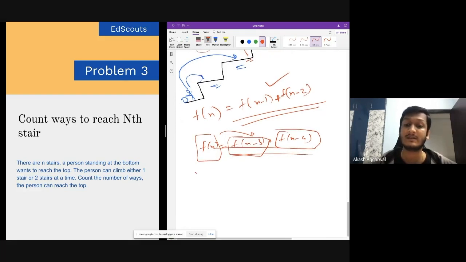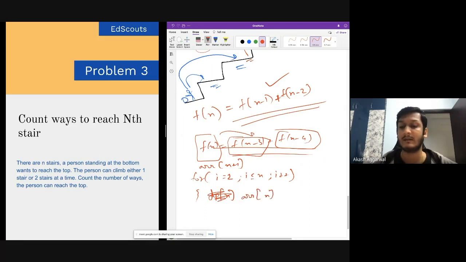Instead of this, we could have just written a for loop for i equals 2, i less than or equal to n, i plus plus, declaring an array of size n plus 1. What we could have done is write arr of i equals arr of i minus 1 plus arr of i minus 2.